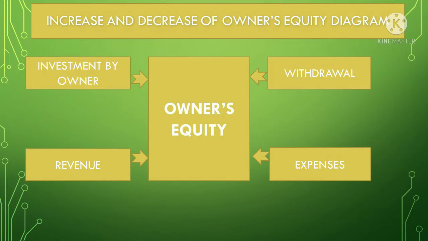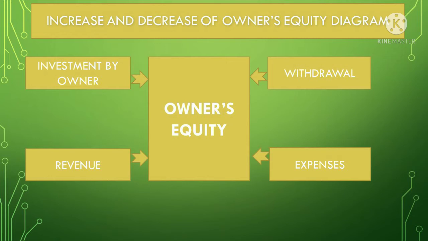The increases and decreases of an owner's equity or capital account are diagrammed below. So the owner's equity or capital, of course, the very time the owner invests in the business, it is recorded here in owner's equity, right? Or capital, which has a normal balance on the credit side. Then of course, when revenue is earned, your income